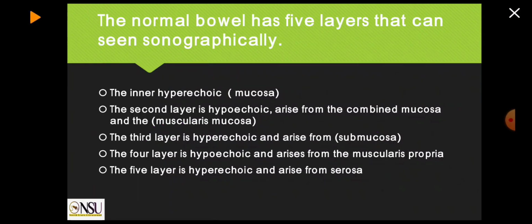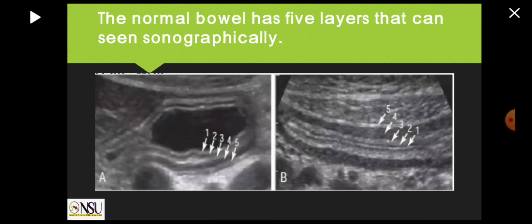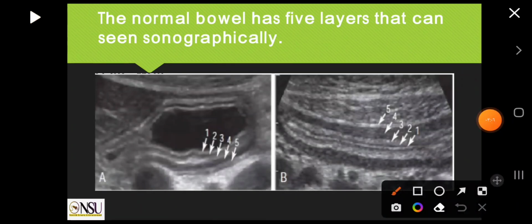Okay, we'll see the ultrasound image. This is the 5 layers in the ultrasound. Number 1 the hyperechoic. Okay, this is a hypoechoic inside. This is maybe the fluid inside of this organ or the bowel. Number 1 the hyperechoic, this is the mucosa. And the hypoechoic, this is the mucosa and muscular layer combined together. Here the muscularis mucosa. Hyperechoic layer number 3, this is the submucosa, and the number 4, the hypoechoic and the